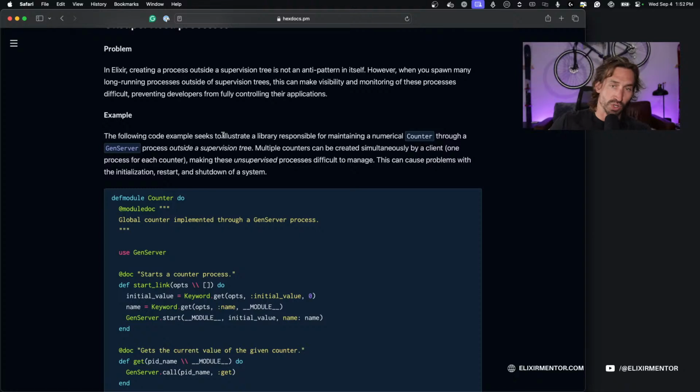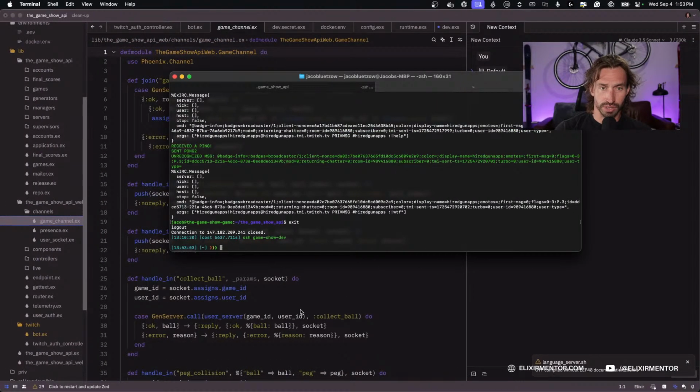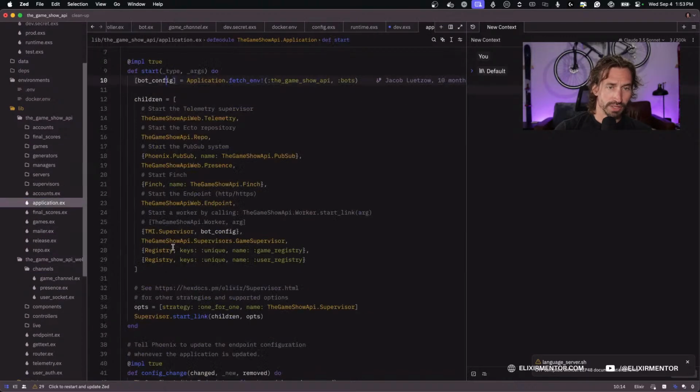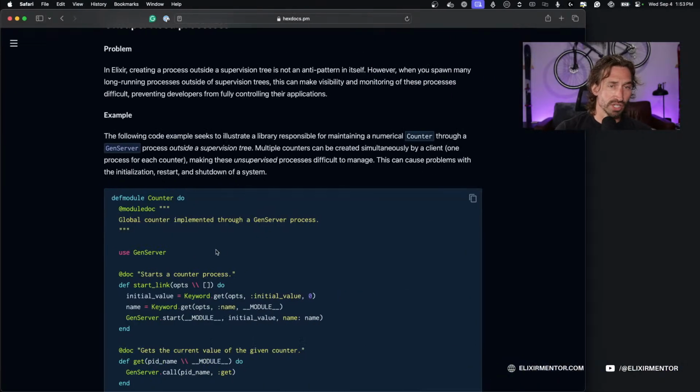But you have more control of it through your supervision tree, which by default in a Phoenix project would be in your application.exs file. No, I'm not actually sure. I want to make sure. Yeah, it would be in your application.ex file. So that makes sense because it needs a supervisor to be able to restart. Well, not only to be able to restart,